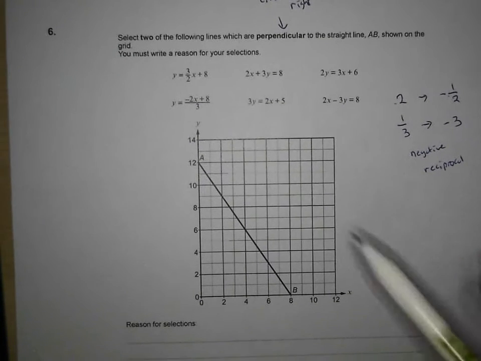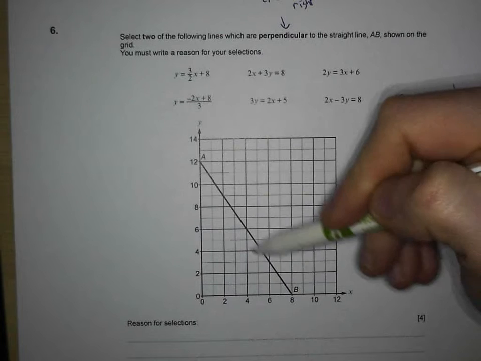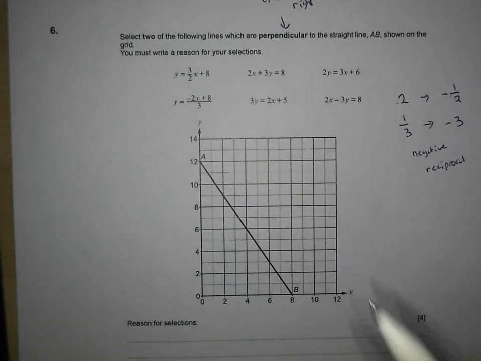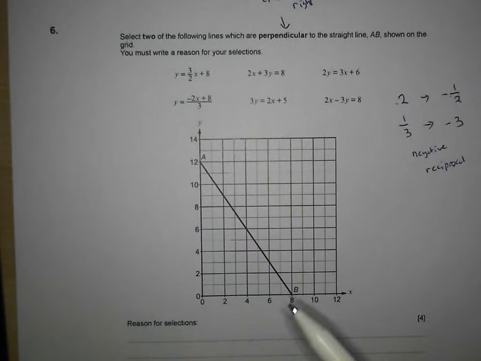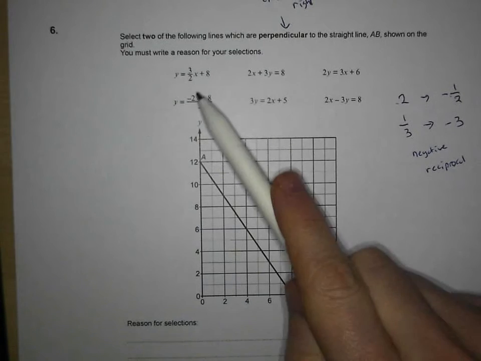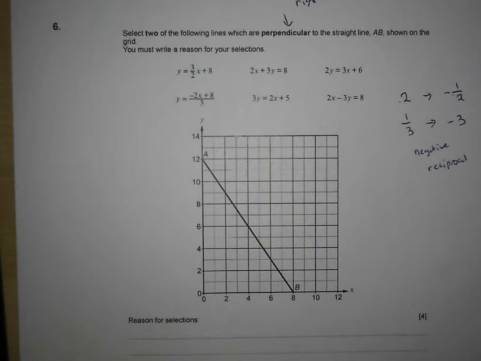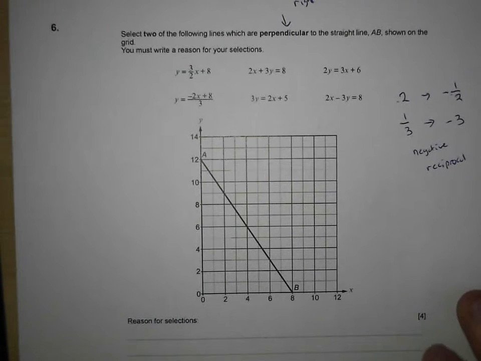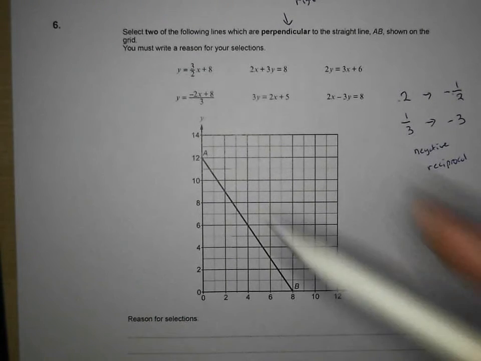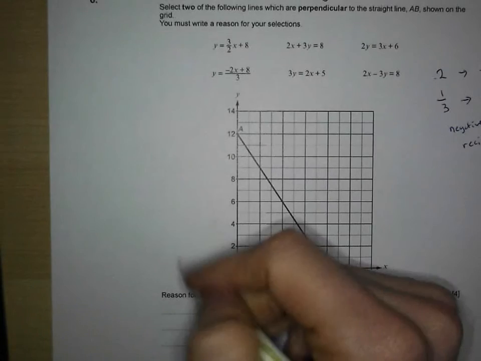So if we can get the gradient of the line AB, then we can do the negative reciprocal to get the gradient of the perpendicular, and then we can go through each of these in turn to find two of them that have the gradient we need. It's a really high demand question, this one, but I think we're going to be okay. Right, let's get our gradient of the line AB first. So I'm going to write this down here. Gradient